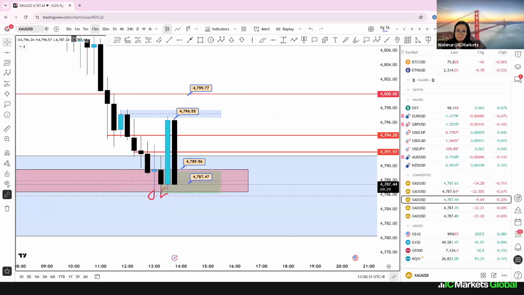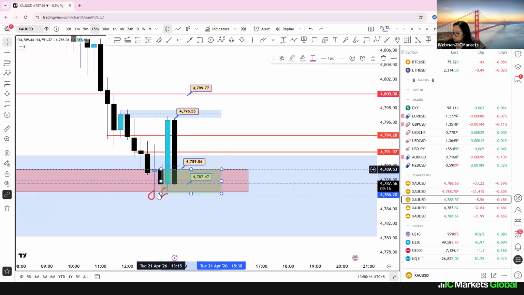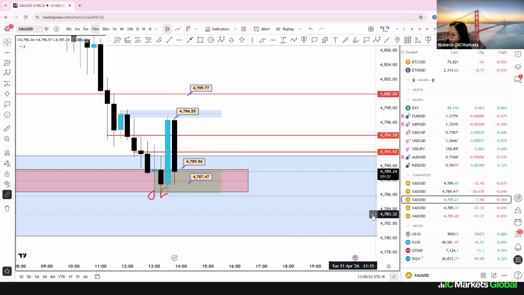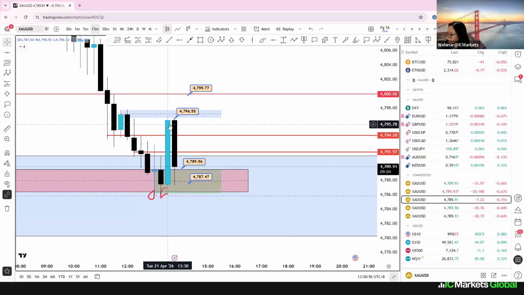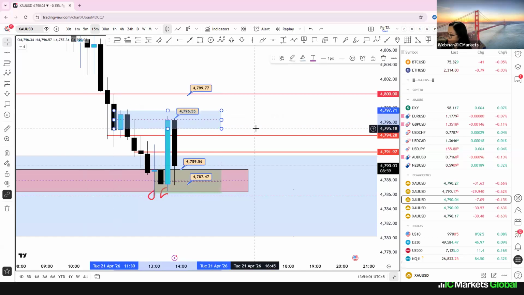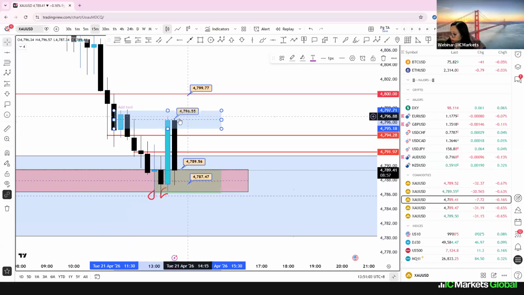Can we buy? Can we buy? Yeah. Then we just buy based on technicals. If you're going to see, this is going to be our buy zone. Then for stop loss, you can have a stop loss at 4784. But this is our buy zone, right? Because this is the OB where price closed above. The reason price was falling is that this was my supply zone, but this supply zone has already been taken because of this. It went to this supply zone and then fell.